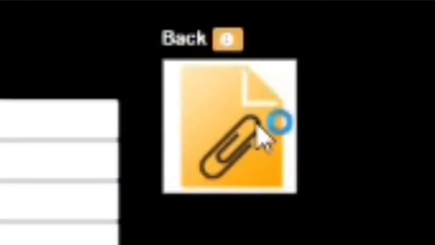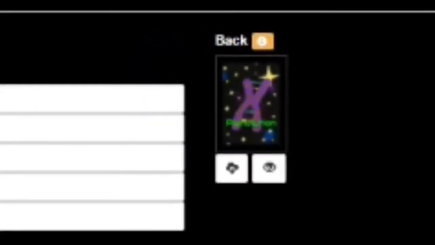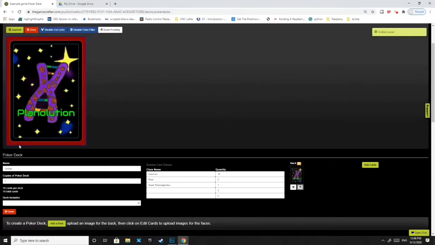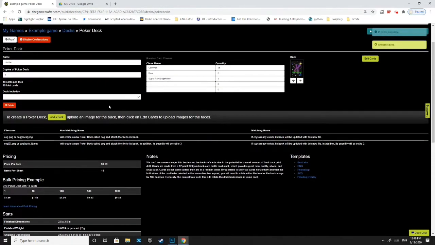So next you can add a back for your cards. The card back can be anything you want. I'll use our Planolution card back. And then here you have to click on this and make sure that everything important fits inside this blue border. And then this red border is where the card will be cut out, but it can be shifted a little bit, so that's why this blue border shows you where the safe zone is. It can be shifted because when they're cutting it, the paper is not always in the exact position that you expect it to be. So then, since I see that everything looks fine, click Approve, and we can go into